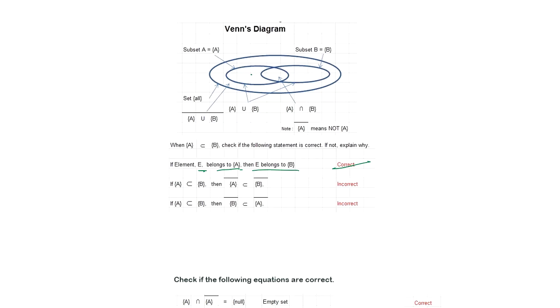A is a subgroup of B. If element E belongs to A, E belongs to B, E could be this one. E completely belongs to A. So this is incorrect. If A belongs to B, then A does not belong to B is incorrect. This is not. Okay, the bar: